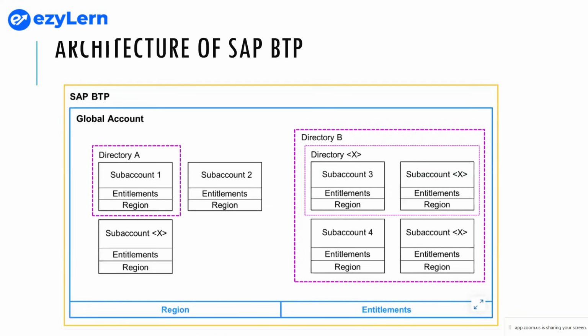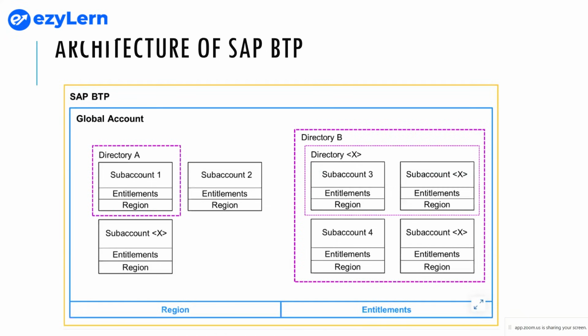Okay, now BTP global account directory. Now we have this entitlements. So, an entitlement is what you provision and consume as a resource. So there are some service plans that you are entitled to use. You can also have some booked services that you are using in your SAP BTP global account. Your services, entitlements, and everything you can watch in your global account itself.